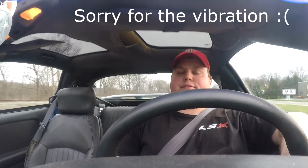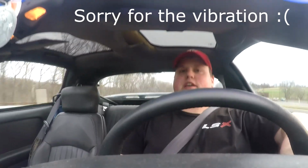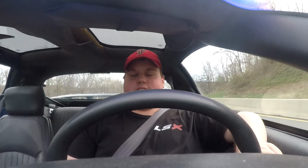We cleaned the MAF. Just running off the MAF, it was running stupid high, so we were thinking maybe that was dirty. We cleaned that and didn't see much of a difference. So we're thinking it's a vacuum leak somewhere. The vibration keeps on making the camera turn. But yeah, I don't know. Like I said in the title of the video, this could be a ticking time bomb under high throttle. So I'm just going to have to baby it, which really sucks, because once you get it tuned, you want to